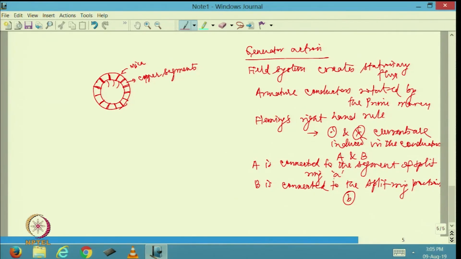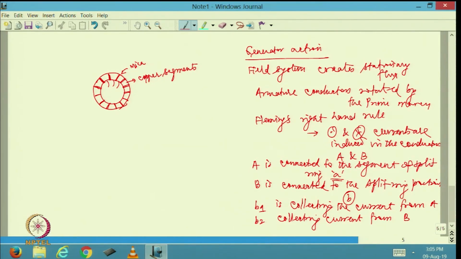Now, on A there is a brush B1 which is being pressed. So, B1 is collecting the current from A, and I am going to have B2 collecting current from small b. So, B1 will be positive and B2 will be negative,